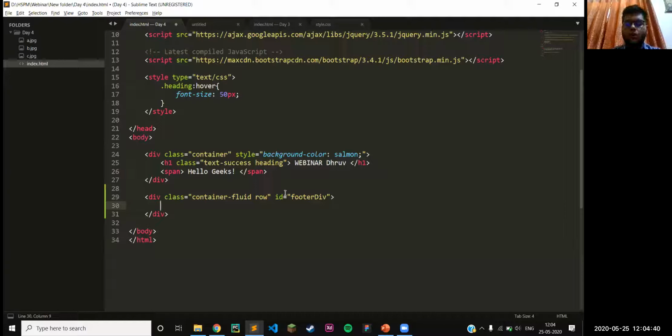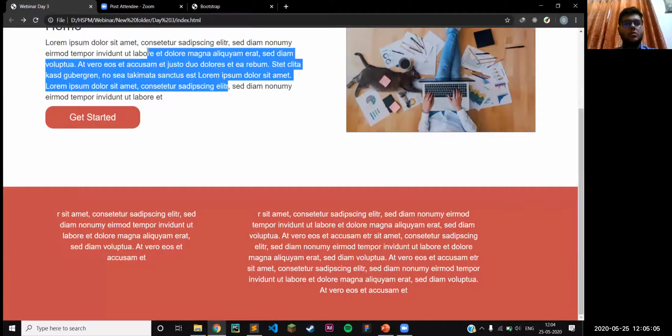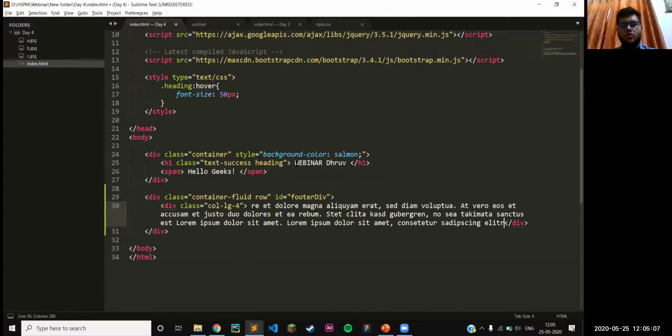Okay, so this is that, and after that we'll start inserting the content into this. So we'll create another div. We'll apply a class of, let's say, col-lg-4, and we'll insert some text here. Let's just keep this text.